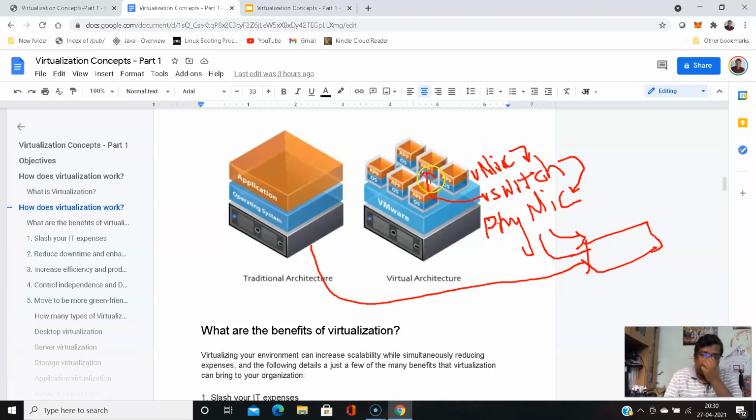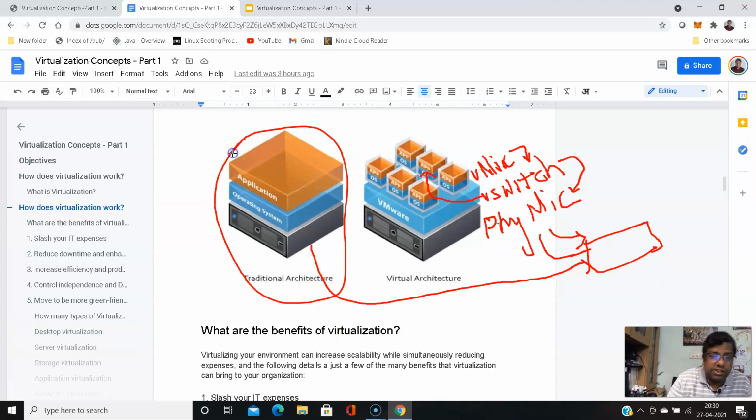Now the communication goes to this vSwitch. The vSwitch does not have information about this one, so the communication goes to the physical switch, and from this switch the traffic is forwarded to this physical box. This is the way it works. So for VM to VM connection, the traffic is not required to move out if it's within the same physical box. If it's on a different physical box, then obviously we need to go through the other physical machine.